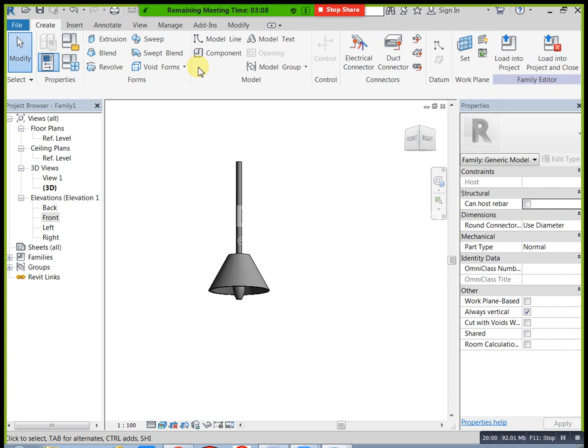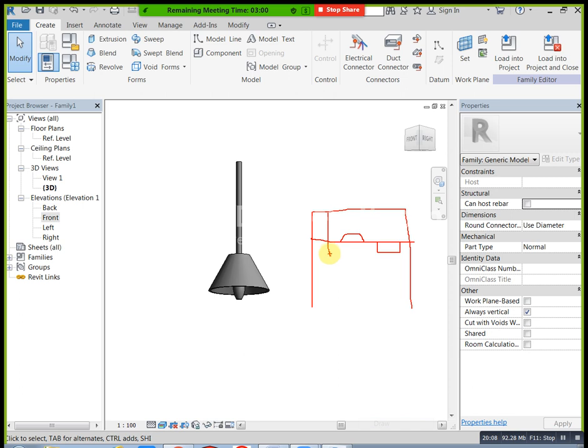For example, this is my building. This is the ceiling. I have a light like this in the ceiling. In some conditions we have lights like this, and in some conditions we can see our lights like this. This is free handle.